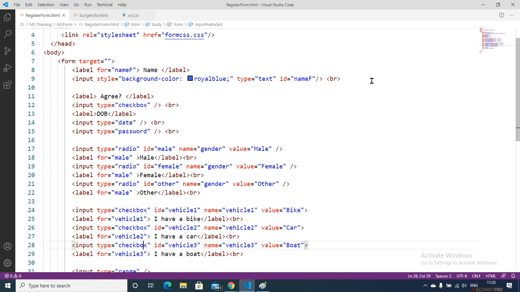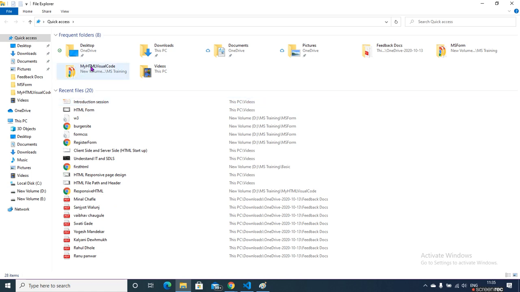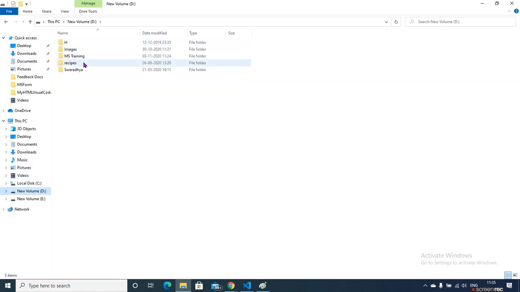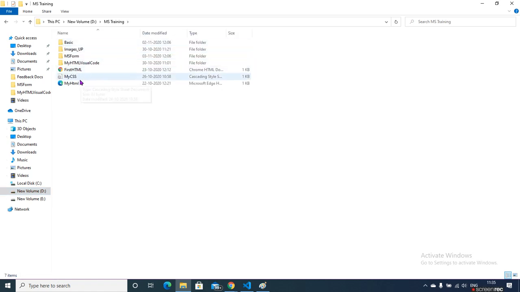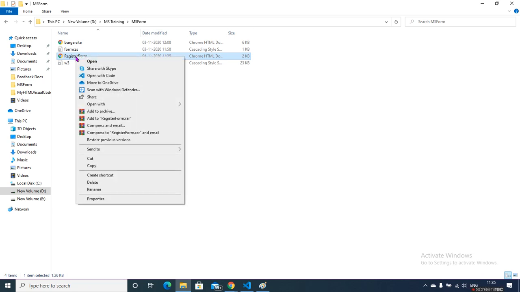What I do is remove this inline CSS here, save, and go to the register form.